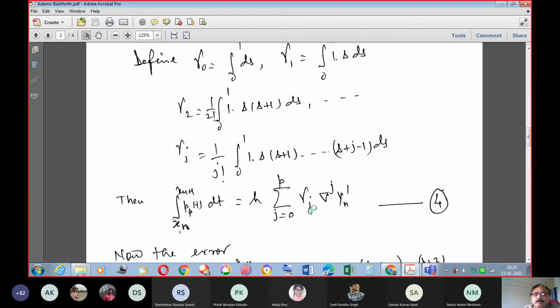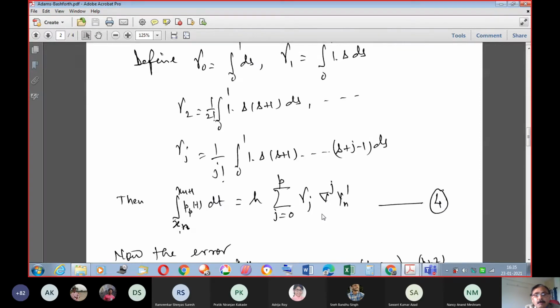For j equal to 0, this is gamma naught, operator to power 0 is 1, so it is yn prime. Then next plus, it is your h del backward operator del yn prime gamma 1, and like that the next terms